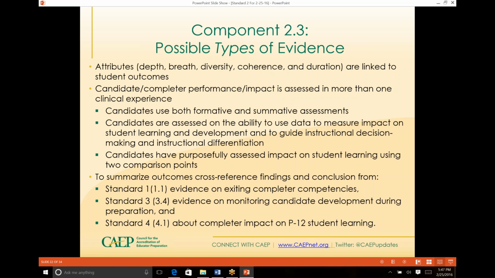All of those can be re-tagged to Component 2.3